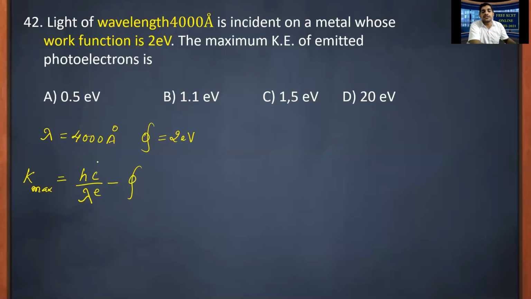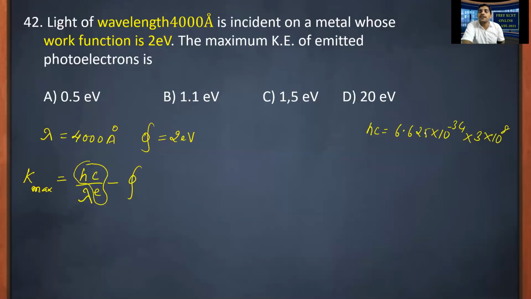Then this also gets converted into an electron volt. Okay. Notice one term here, this hc by e. Here h is a constant, c is a constant, e is a constant. So it is a great advantage to remember the value of this constant directly. See what the product of hc comes to. What is the value of h? 6.625 into 10 to the power minus 34 and c value is 3 into 10 to